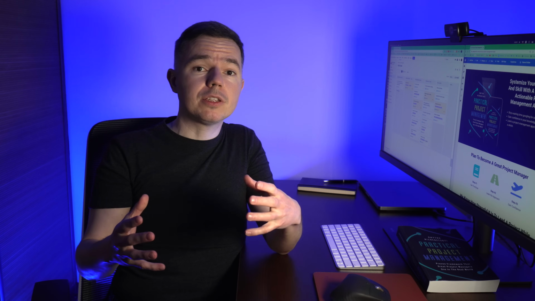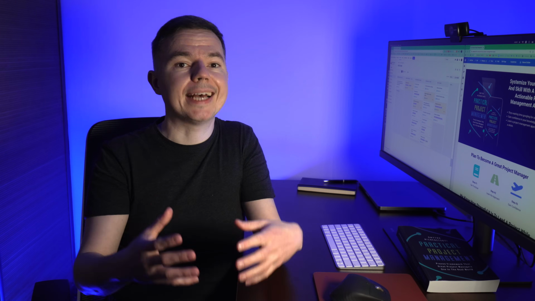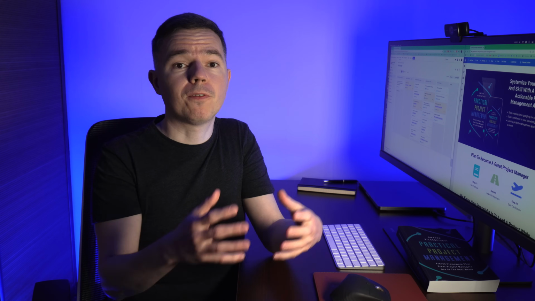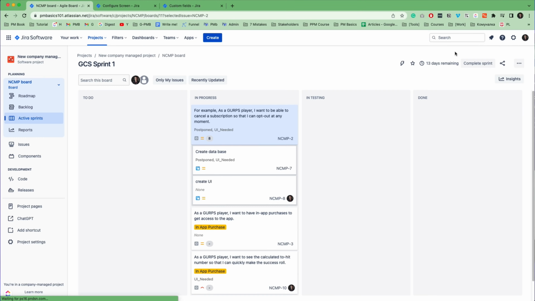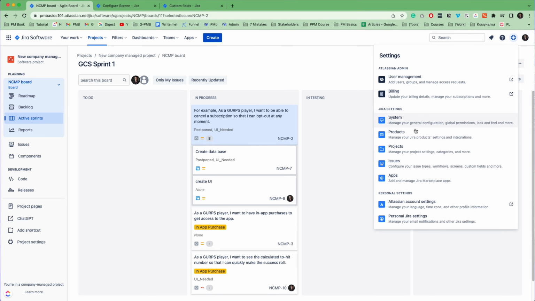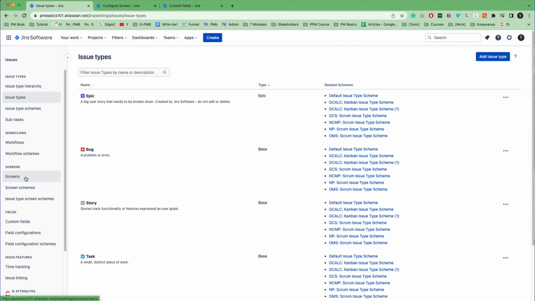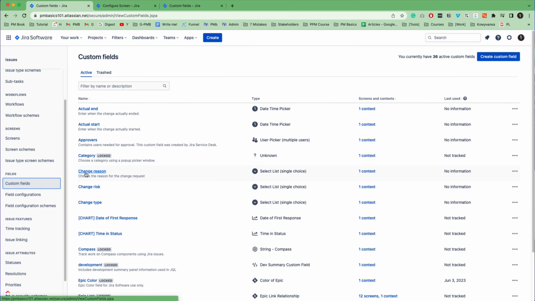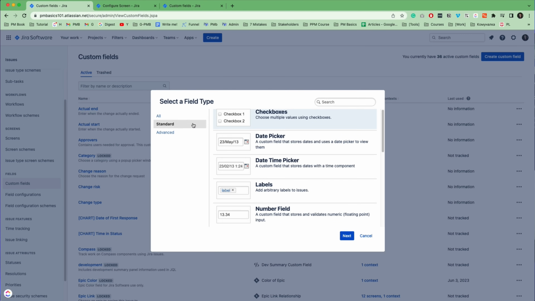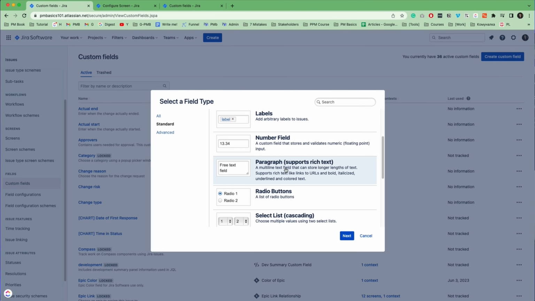But let's imagine that you want to have a separate text field for acceptance criteria in user stories. Then a Jira administrator can go to Jira settings for issues. At a glance, there are tons of things that you can do here just with issues. So in our case, we need to add a custom field. I'll go to the corresponding section and click the Create Custom Field button.